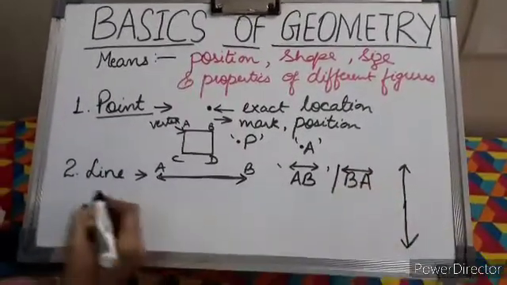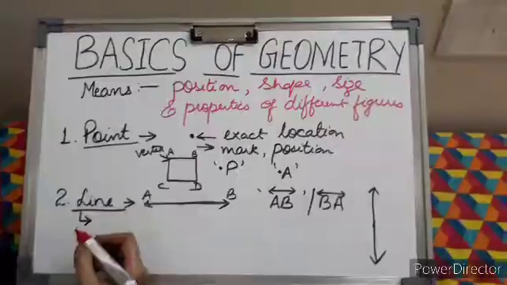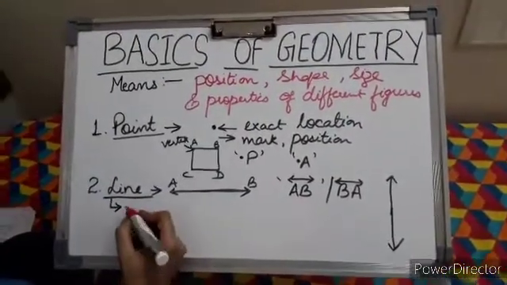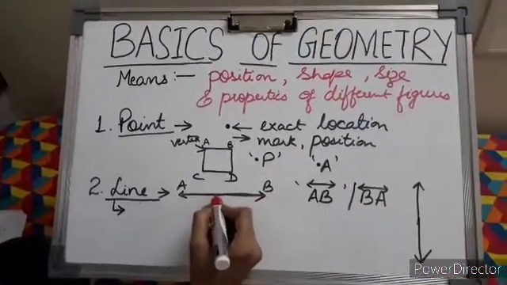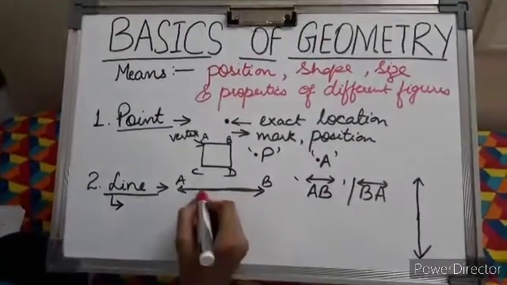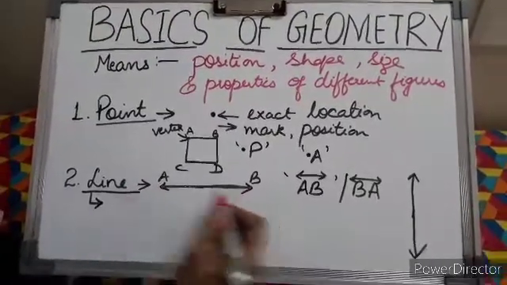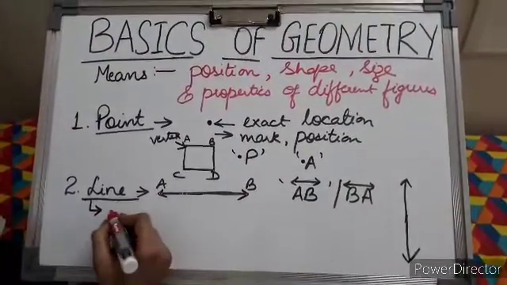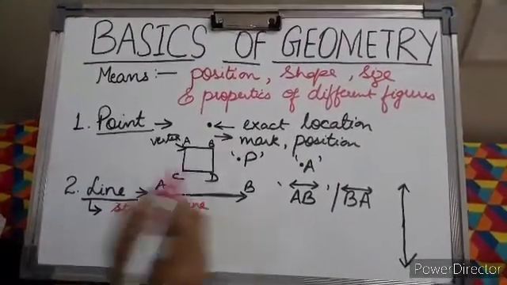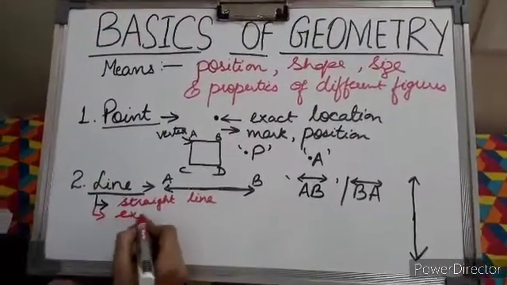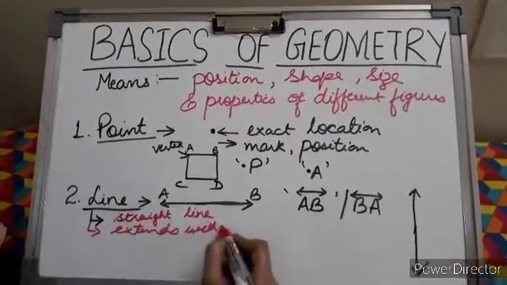But we should always know the properties of all the geometrical terms. So what is the first property of a line? The first property is that a line refers to a straight line, which I showed you here. It has an infinite number of points inside the line. Means with the help of the points we can make a line which goes indefinitely. So the first property here is that it refers to a straight line which extends without ending,